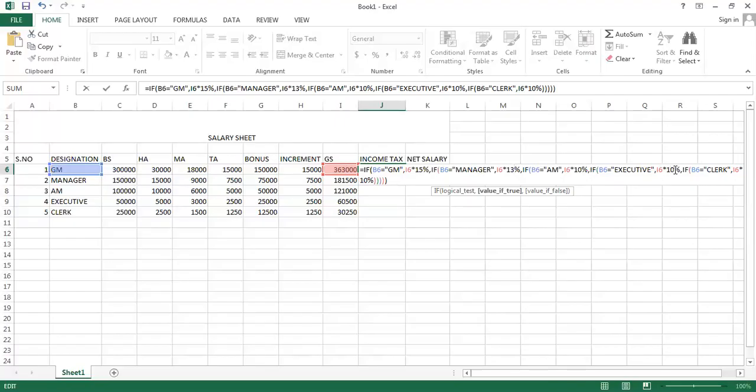In the case of executive, it's 5% of his gross salary, and in the case of clerk, we are not deducting any salary, therefore we are considering 0%. So these are the different criteria. I'll press enter.